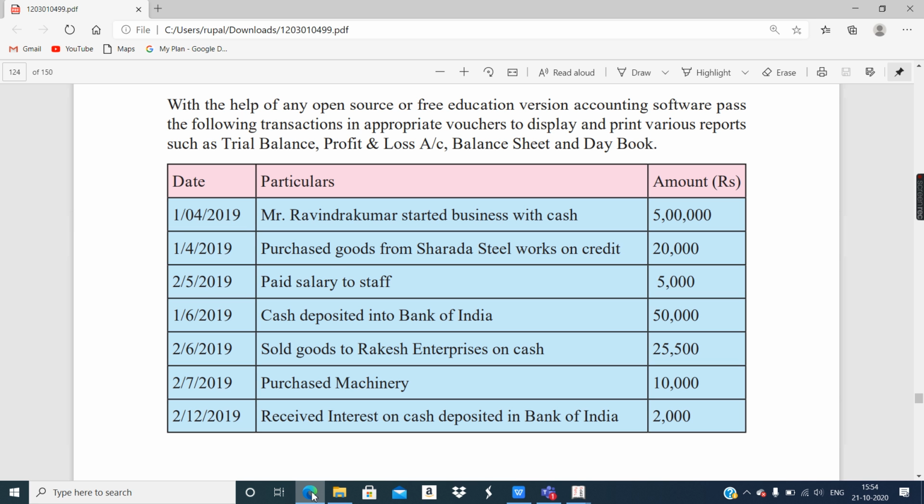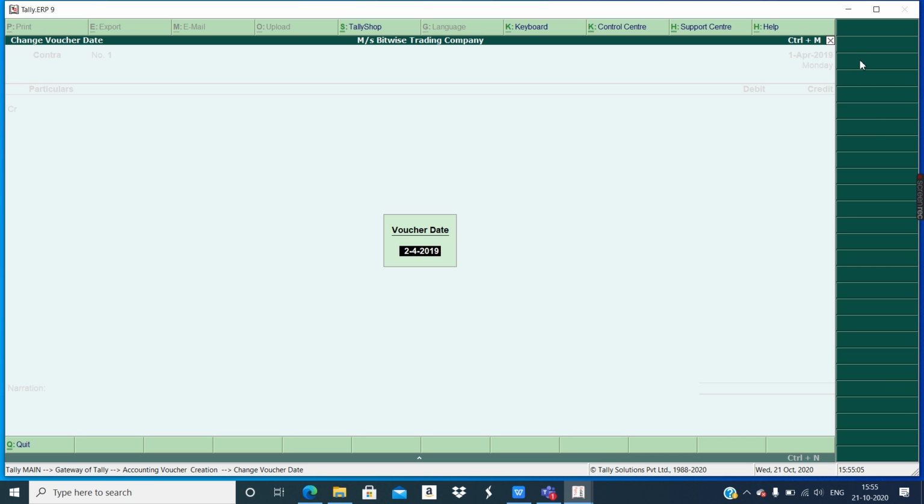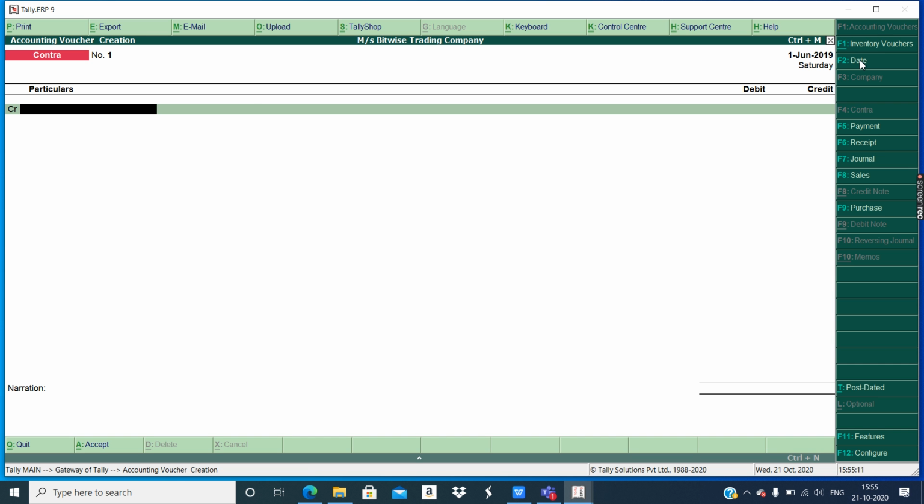Otherwise, let us not forget to change the date this time. 1/6/2019. Okay, I'll show. Contra, first change the date, go to F2 date. Okay, it was 1/6/2019 and enter.